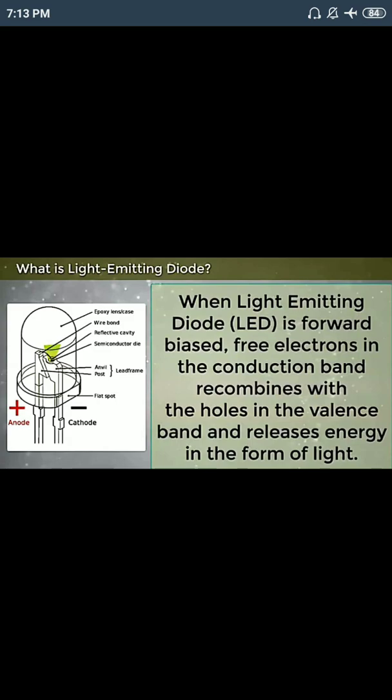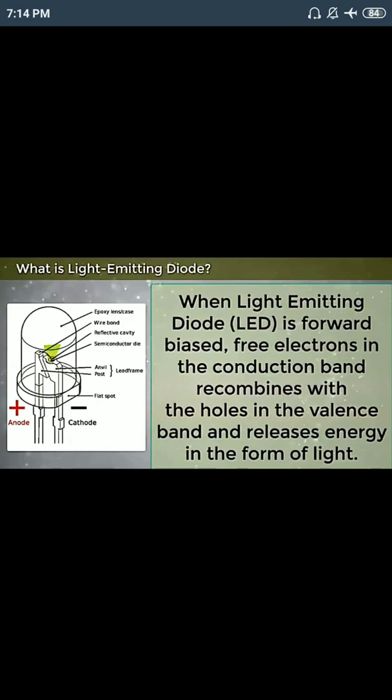And how will it come from the conduction band to the valence band? Whatever energy the electron absorbed the first time, if it releases that amount of energy from the conduction band, it loses energy and returns to its initial position, that means the valence band, and recombines with the hole. That released energy is in the form of a photon, with the energy h times nu, or h times f. f is the frequency, and h is Planck's constant. In dual nature we also studied this Planck's constant.